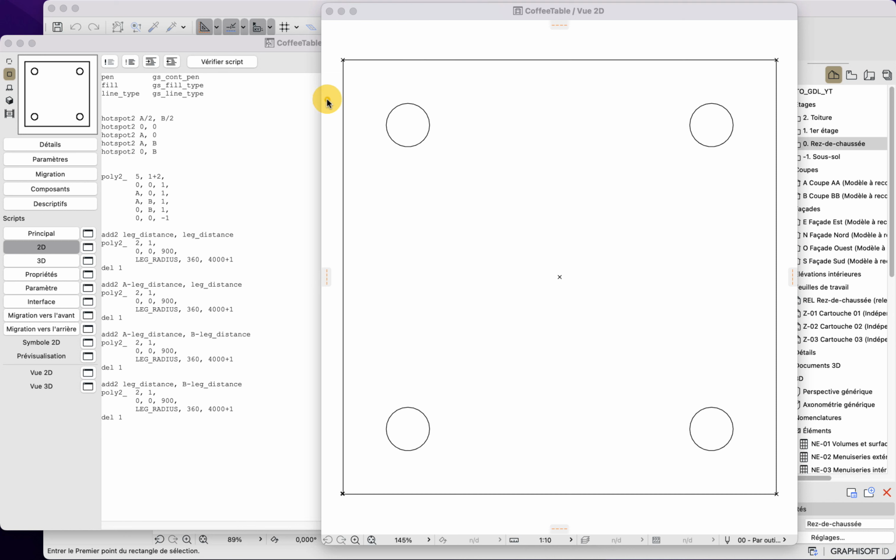For a simple table, it seems to be overkill, but it is a very important concept because the local coordinate system also exists in 3D. And if you do not understand it at the very beginning of your GDL journey, it will be more complicated to be proficient in it.